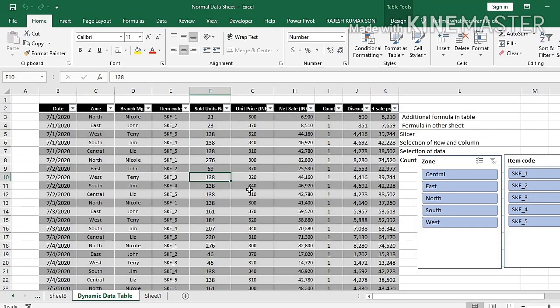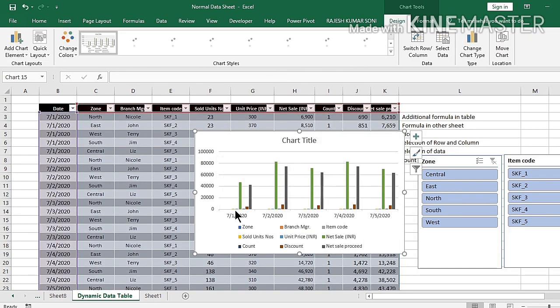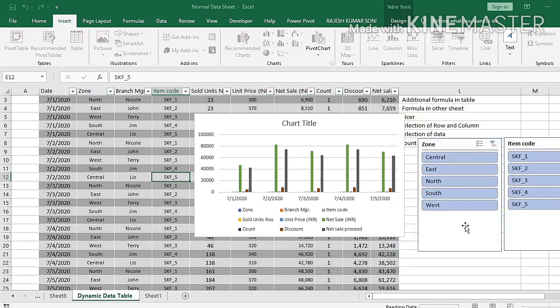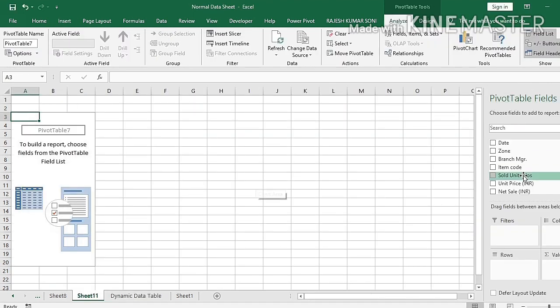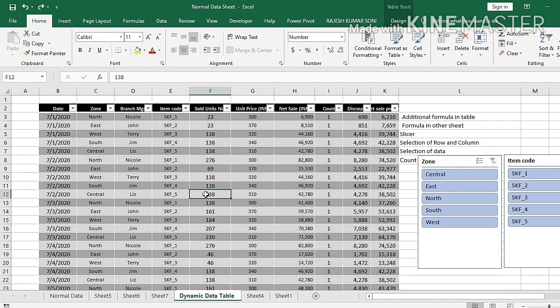Now if you want to insert a pivot table or chart, you can simply do it by selecting any cell in the table and insert either a chart from here or a pivot table from here. Here you are with the pivot table option. We are removing the chart. There are some advanced features of this table that are in relation to the pivot or chart. We will let you know about that in our next video.